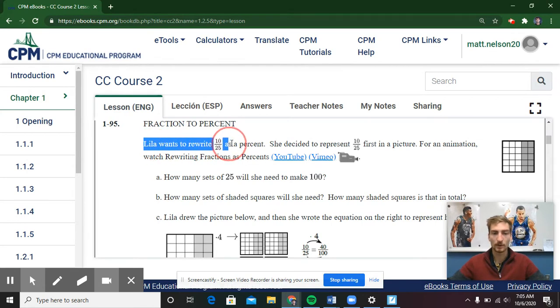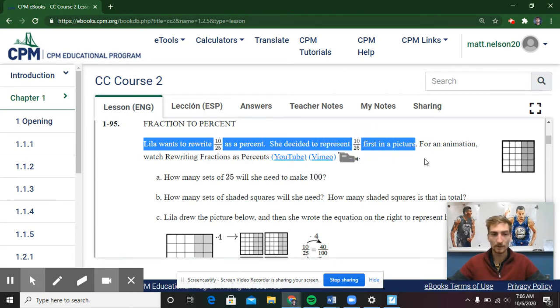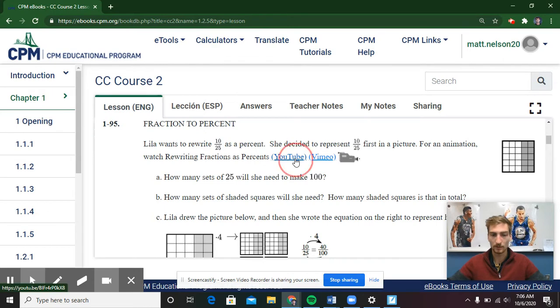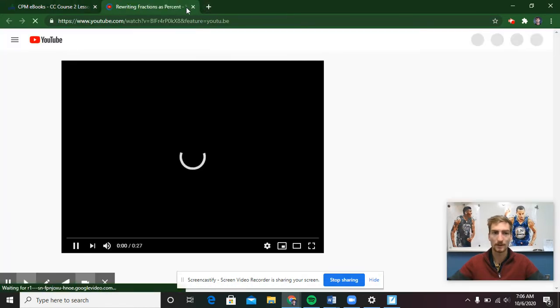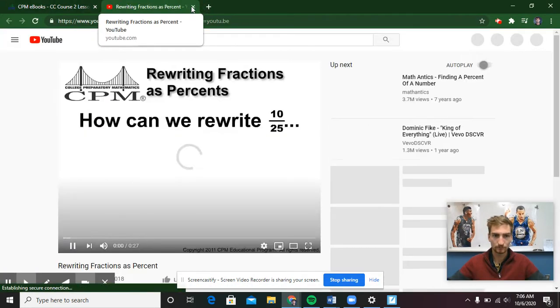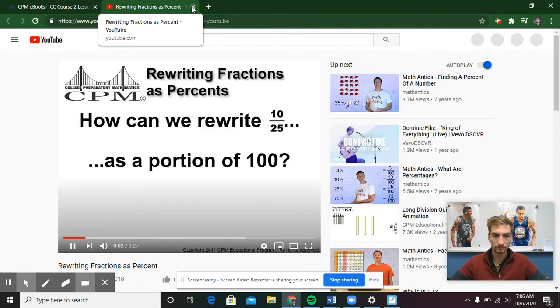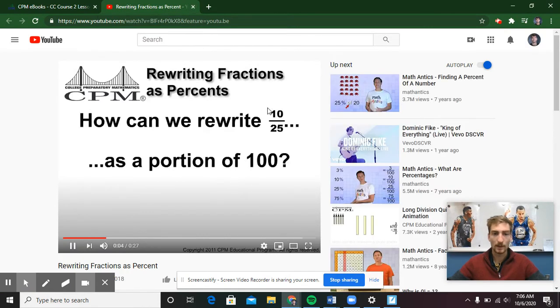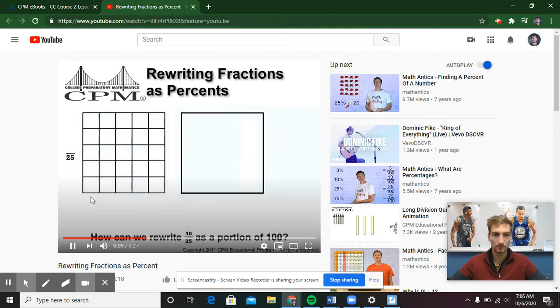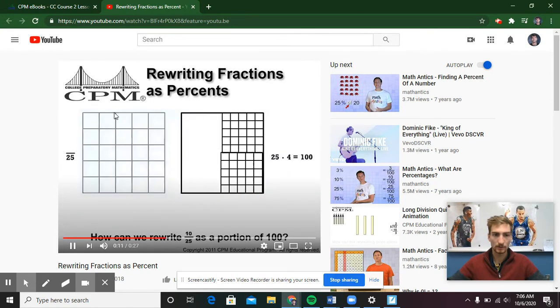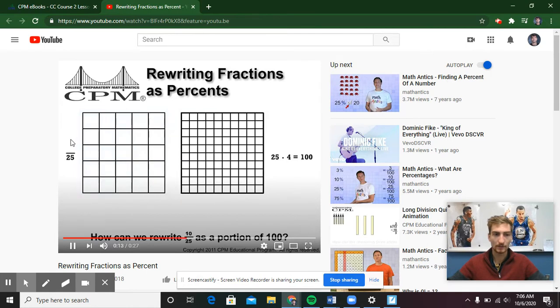It says Leila wants to rewrite 10 over 25 as a percent. She decided to represent 10 over 25 first in a picture. For an animation, watch this video here. And so you could click on this video, it's about a minute long, and it shows you visually how if you have 10 25ths, so here it's divided into 25ths, and if 10 of them are shaded, like we see right there,